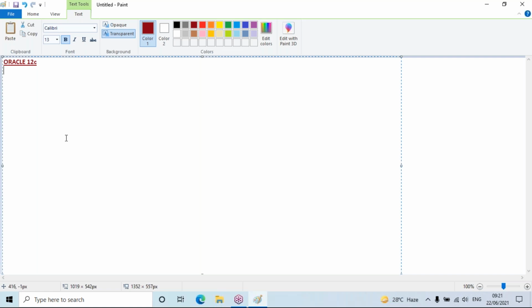Now, the interesting thing is why I opted for 12c: this is the version whose Enterprise Edition is available for me. I have 12c Enterprise Edition. So the same software will be shared with you all through Google Drive, along with the installation and uninstallation documents that I have prepared.